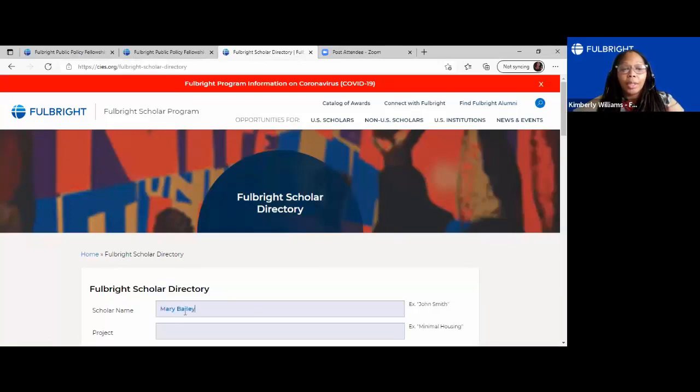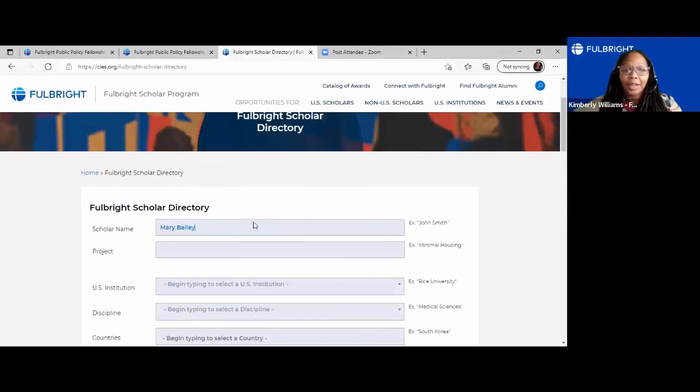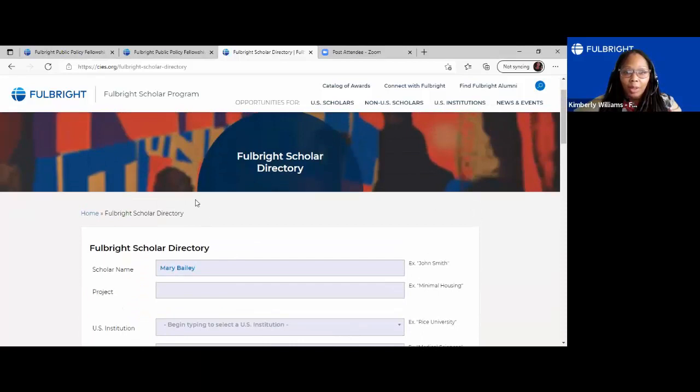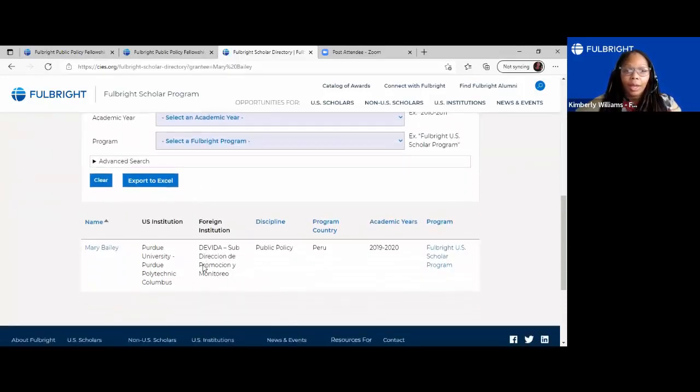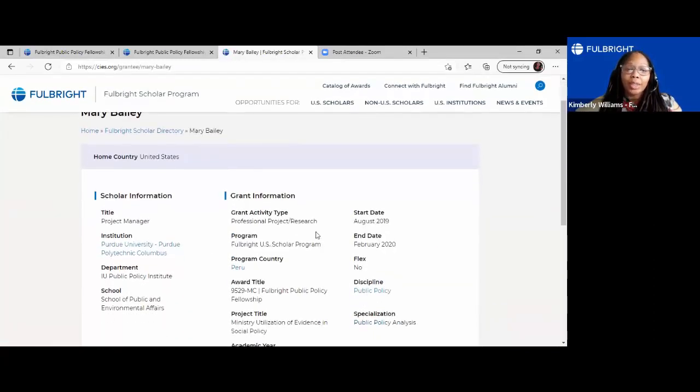So you can simply type it here. You don't even have to hit submit. Well, let's see. You shouldn't have to hit submit, but it's running a little slow. So bear with me for 1 second. Okay, and there's just another view of her information. So again, you can see the scholar's name, their home institution or organization, where they affiliated, the ministry, obviously the discipline, their academic year. So if you click on their information, you can see a little more detail of her